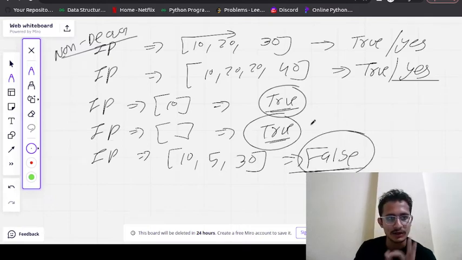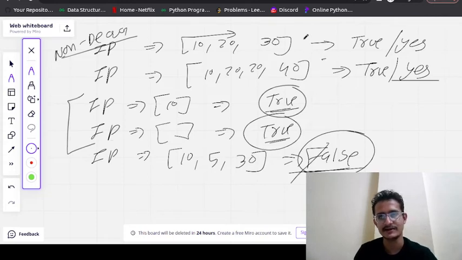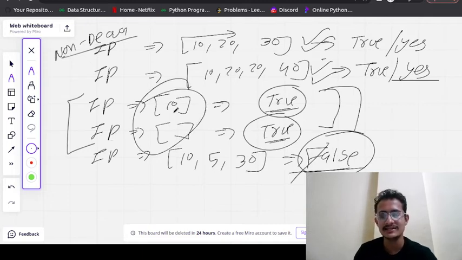I hope you got the question. Now pause the video for a minute and try to find out some solution. Okay, you also have to think of these edge cases. Generally people write a solution for this, but they forget these edge cases. So keep in mind these edge cases also and try to find out the solution.